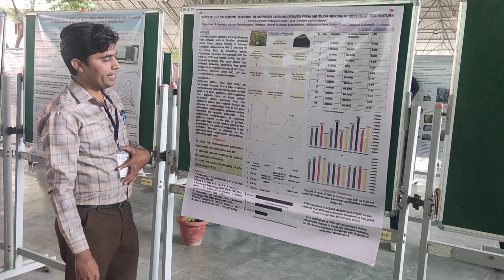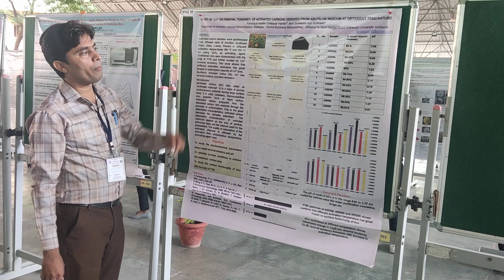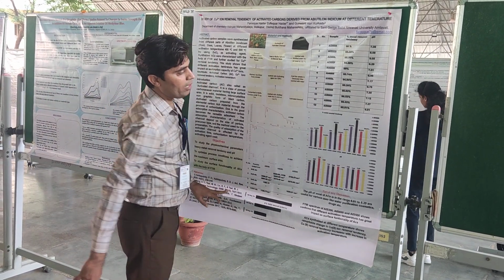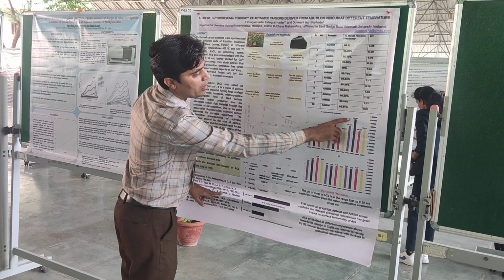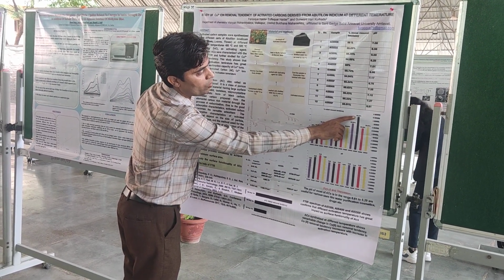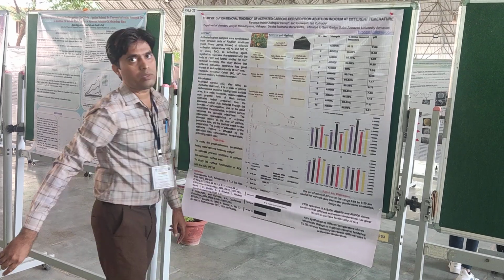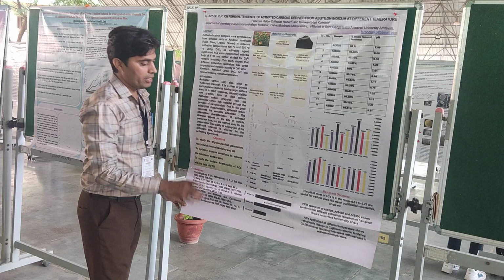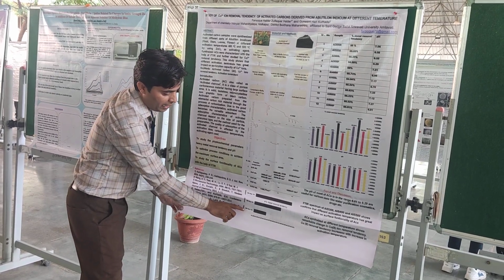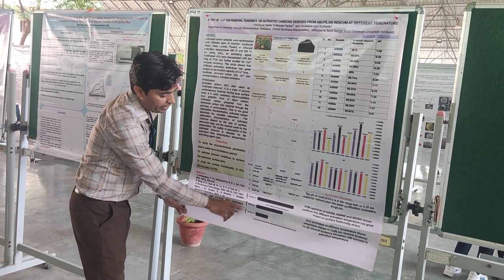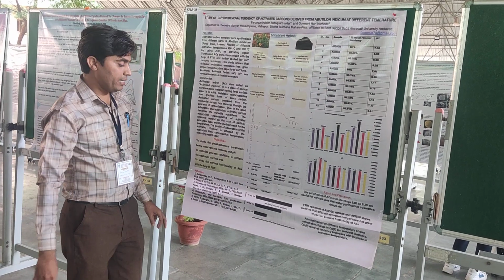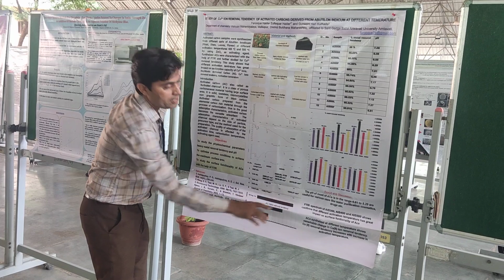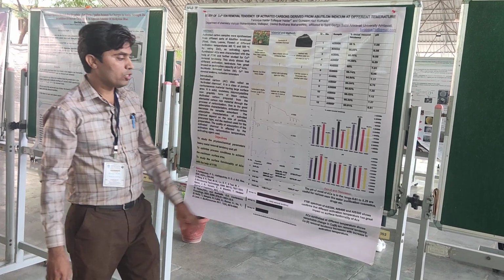Now, the center point of our research is the copper removal tendency. Here we can see the copper removal tendency. My activated charcoal gives 96.3% copper removal. And the samples that we have prepared at 300 degrees Celsius, 400 degrees Celsius and 500 degrees Celsius show that as the temperature increases, the metal removal tendency also increases.